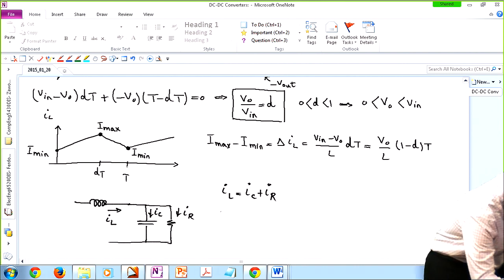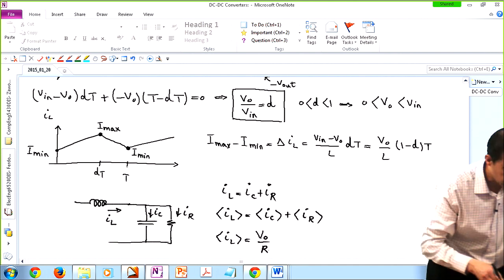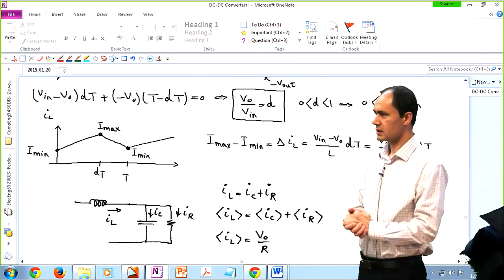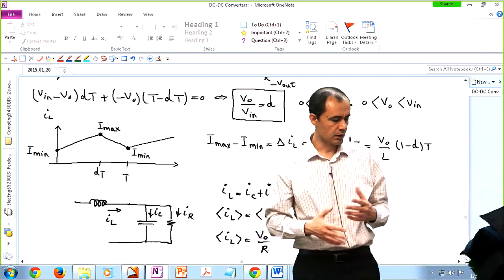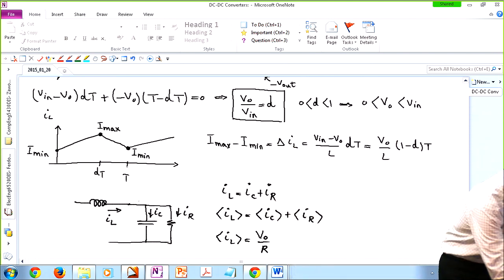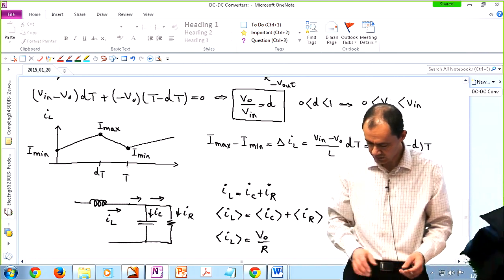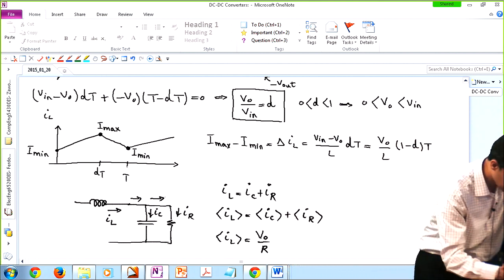But looking at the average values, the average value of the current of the capacitor is 0, so forget about it. And IR is nothing but V out over R. So on average, this current and this current are the same, not on the instantaneous value. On average, these two are the same. So I can write